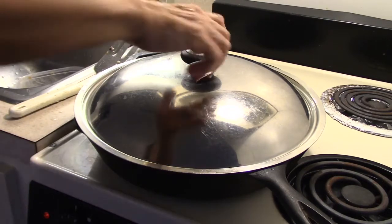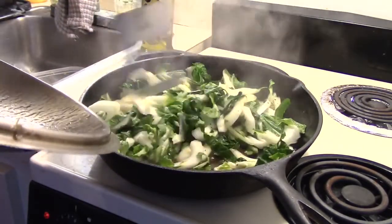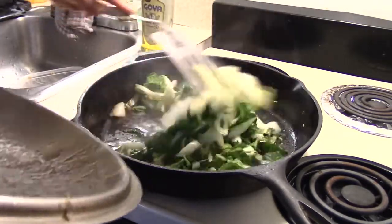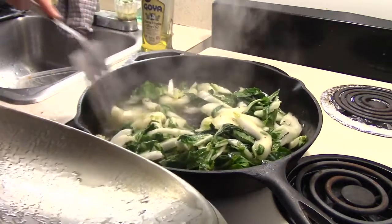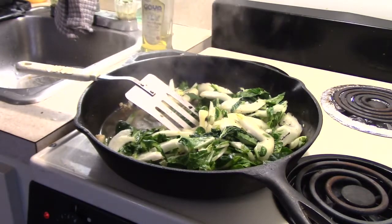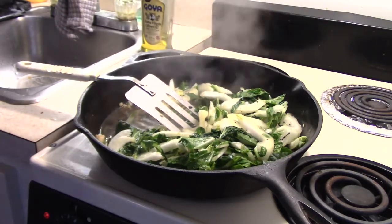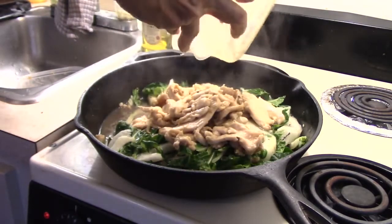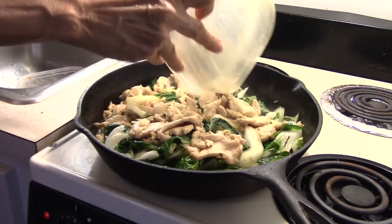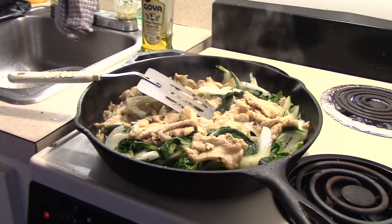It's been about a minute. You don't really want to overcook these greens. So yeah, I know that much from Asian cooking. You don't want to overcook the greens. Okay, so that's pretty good right there. Now let's go ahead and continue. Alrighty. Go ahead, return the chicken to the pan. There we go. And go ahead and